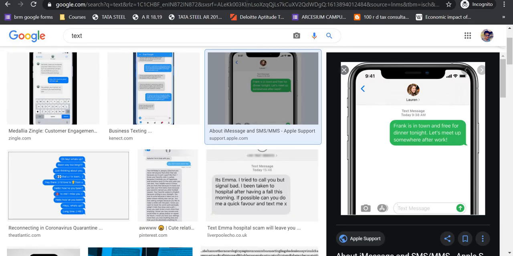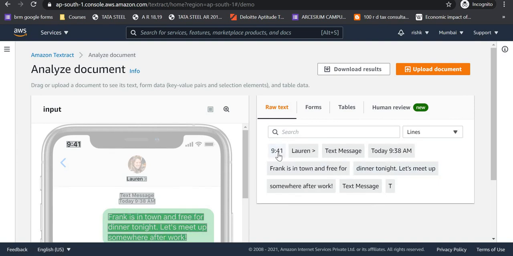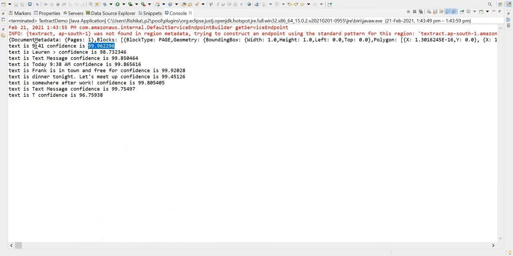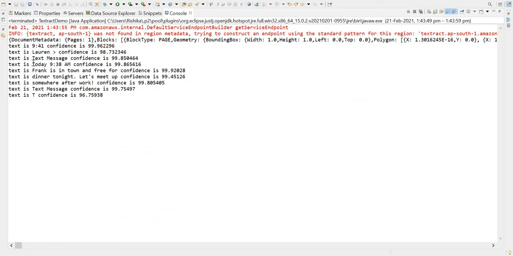So if we compare it with the output on the console, if we select line here, then our output were 941 Lauren text message. So 941 Lauren text message, and similarly all of these lines are appearing here. So all of these lines are coming here, and we are seeing the confidence percentage as how much confident the Textract is that these are the correct output.